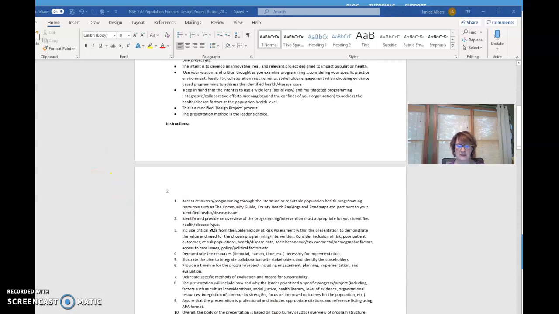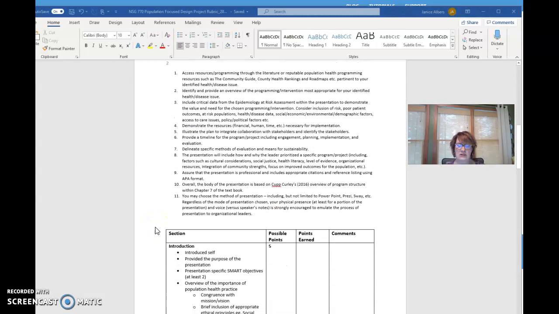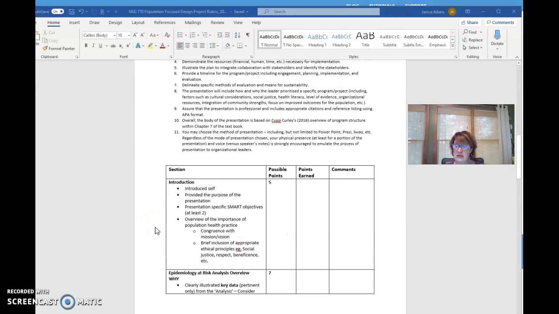So there are specific instructions on thinking about how to position yourself for the formal presentation, your proposal. You are going to actually use some of the readings from the course and integrate that into how you're going to design your project. And part of it is doing a logic model similar to what you'll find in Cup and Curly's. That's the basis for your textbook. That's within chapter 7, so keep that in mind,